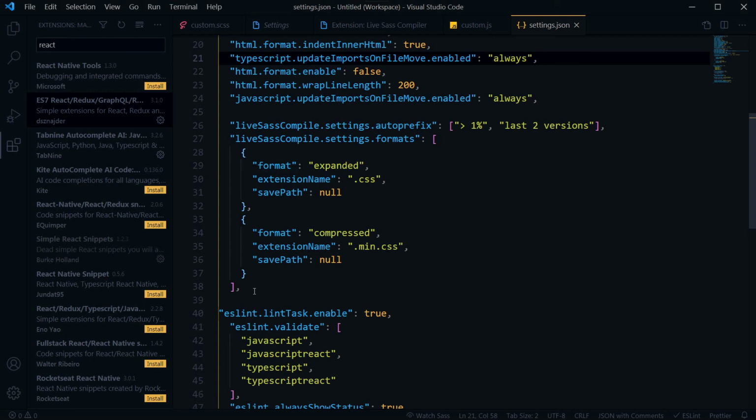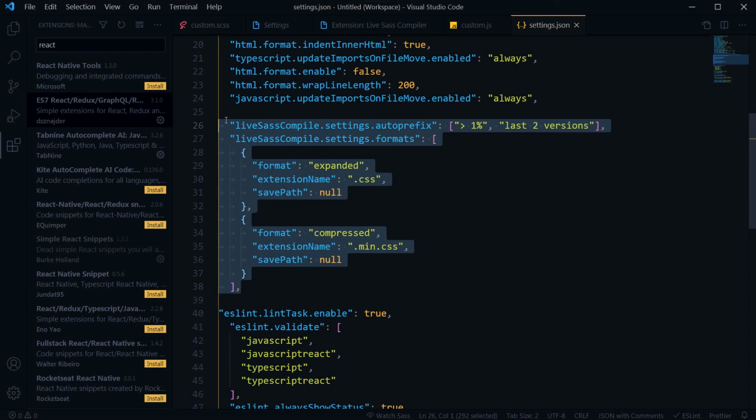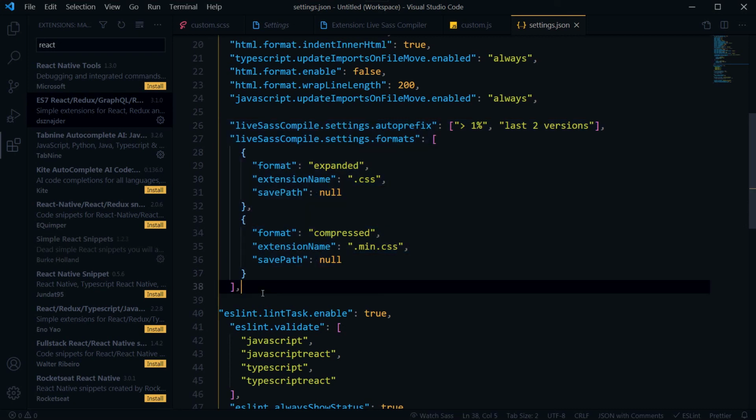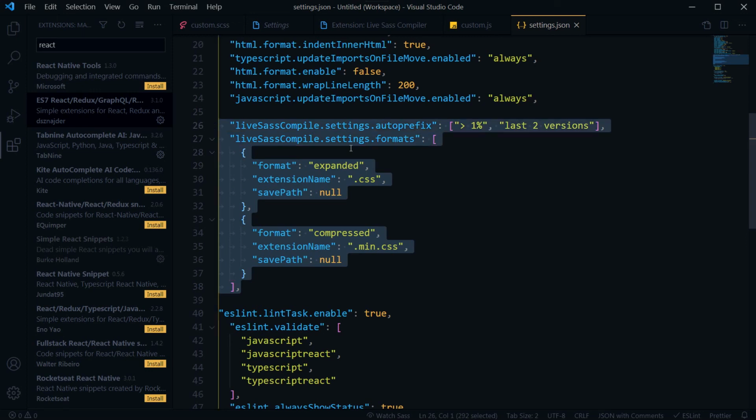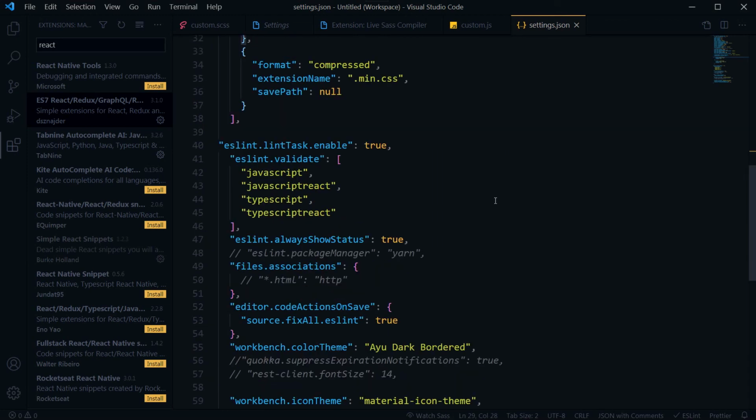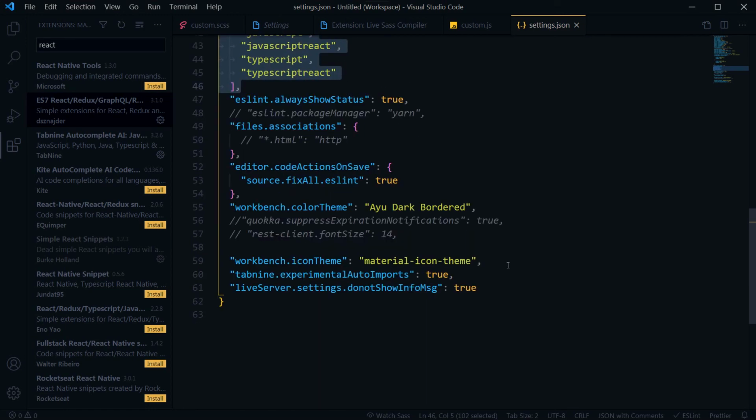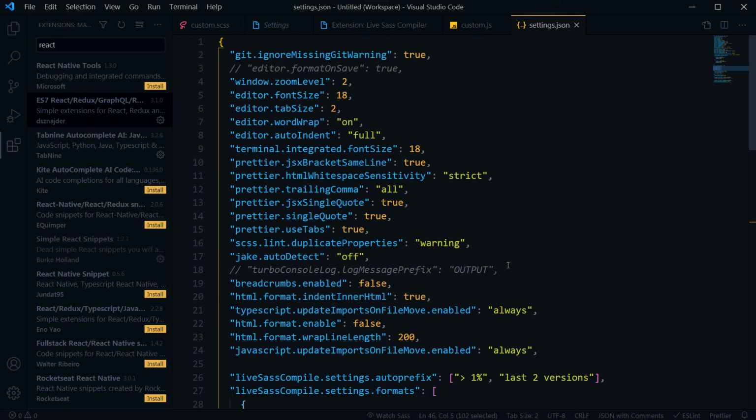You can actually specify different settings for different extensions in this file. This particular chunk of code has got options for the Live Sass Compiler extension, and these settings are for ESLint. These settings are for Prettier.